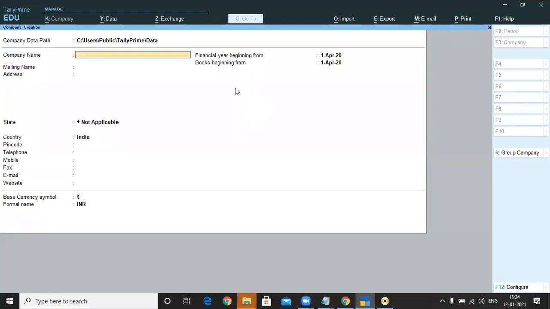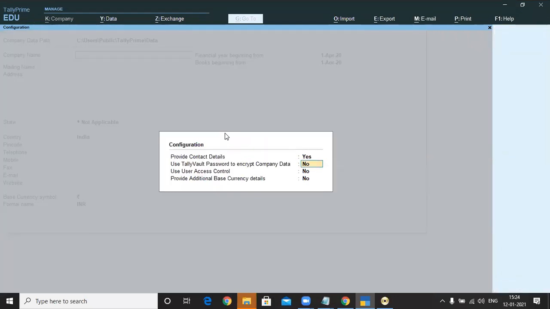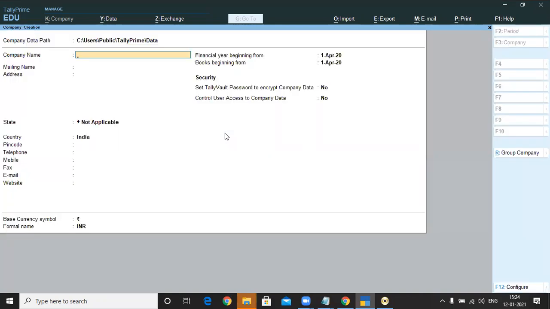I need some more additional options along with the existing ones. So press F12 and activate the option Use Tally Vault password to encrypt company data. Say yes. Next we have Use user access control. Say yes. Press Enter and accept. So the security is activated.